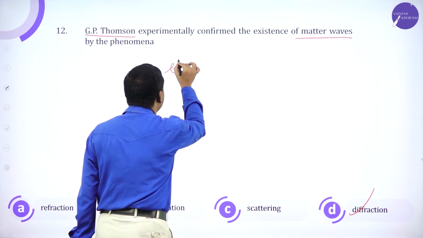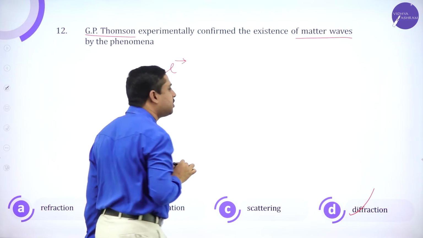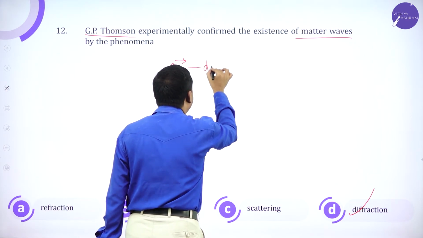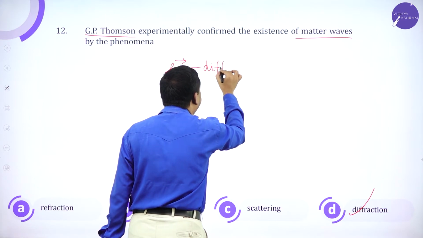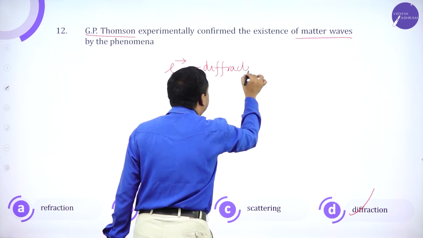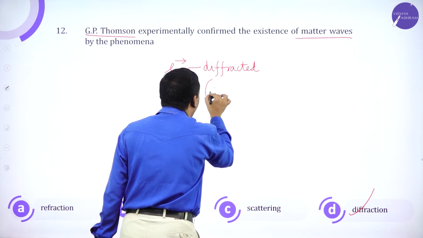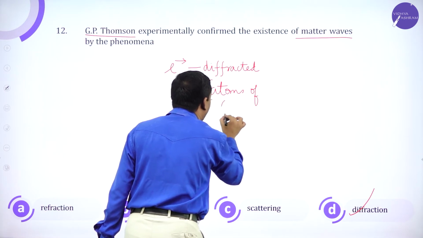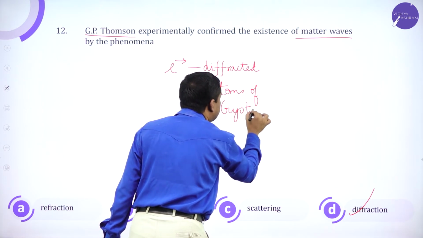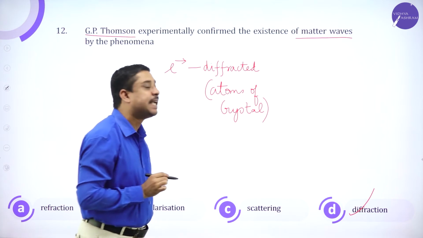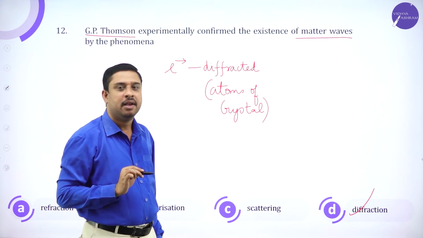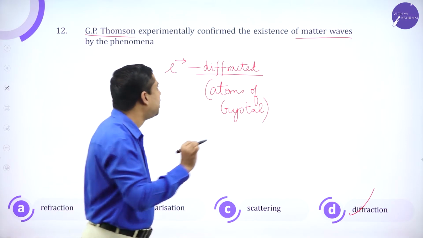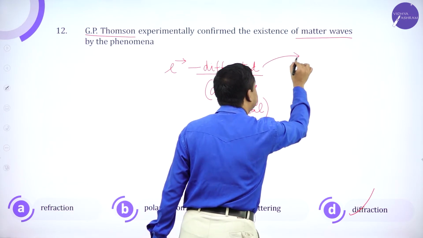In G.P. Thomson's experiment, the electrons are diffracted by the atoms of the crystal. Whatever crystal was used, the electron is getting diffracted. The moment the word diffraction comes into the picture, this is nothing but